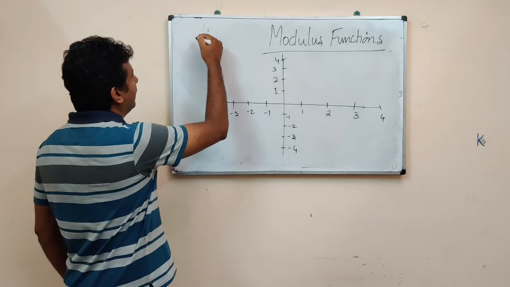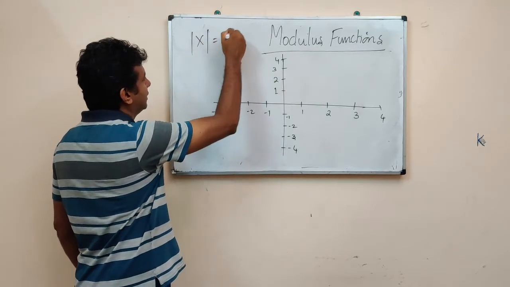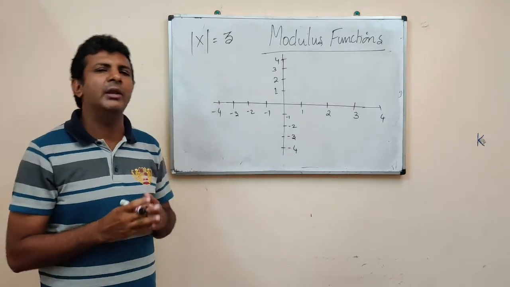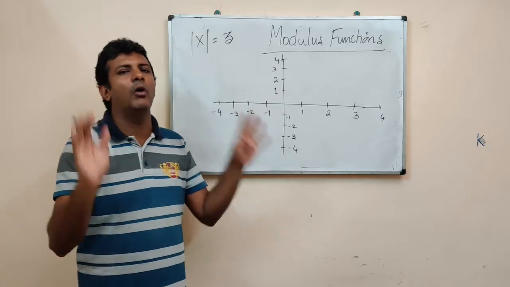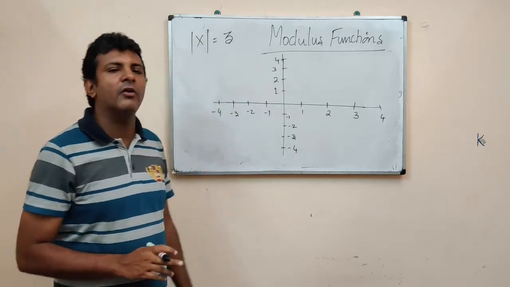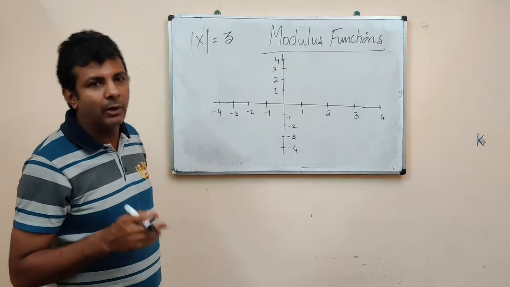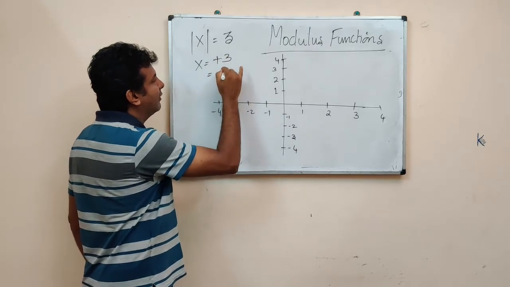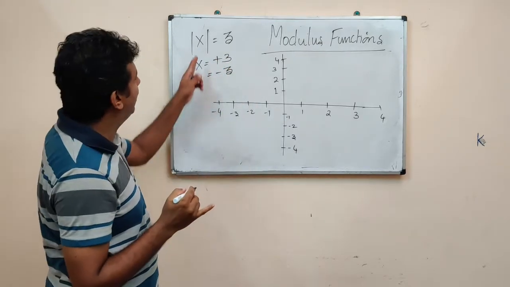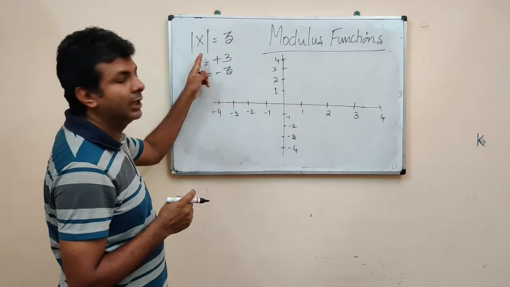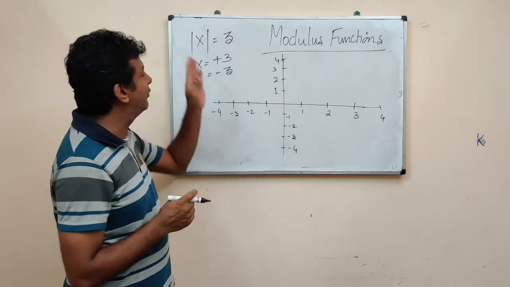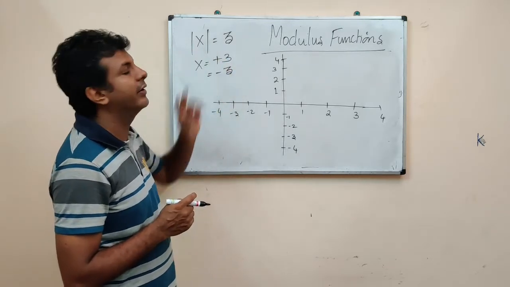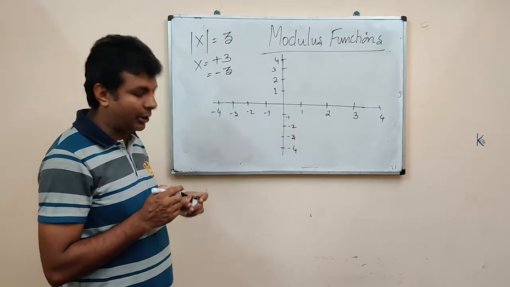Now let us see, we always write something like this, isn't it? This means modulus of x equal to 3. What does it actually mean? Modulus means positive value of. Now if modulus of x equal to 3, then what can be the values of x? x could be positive 3 or even negative 3. If the value of x is negative 3, it will give an output which is positive and equivalent to that of the negative value. So minus 3 basically gives an output of 3 as far as modulus is concerned.